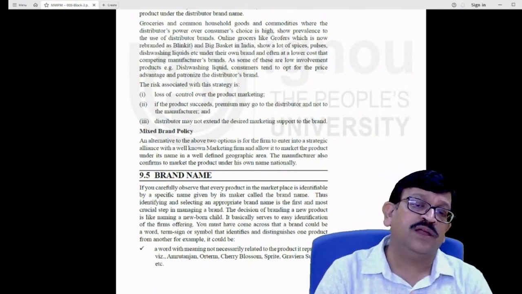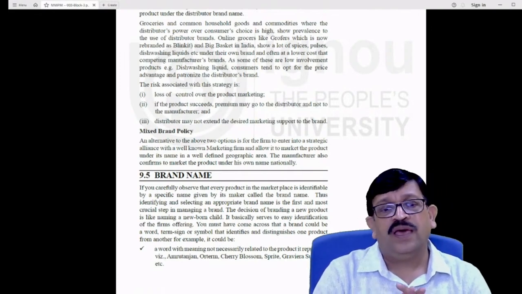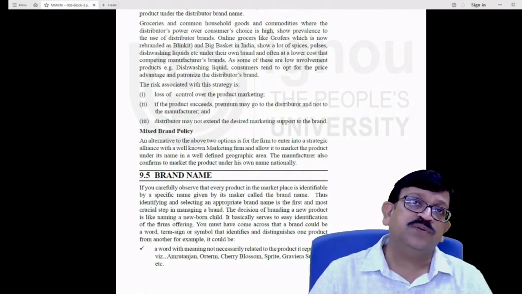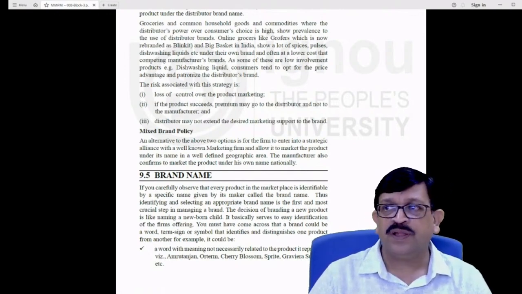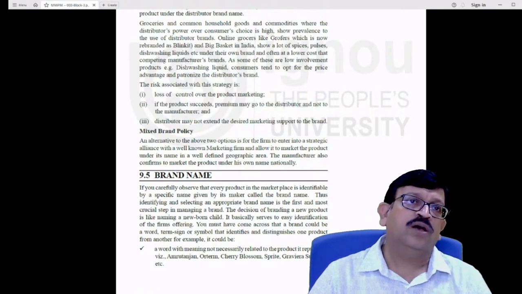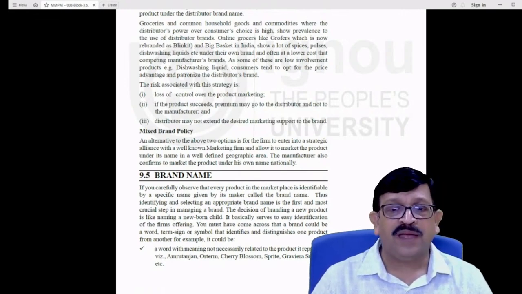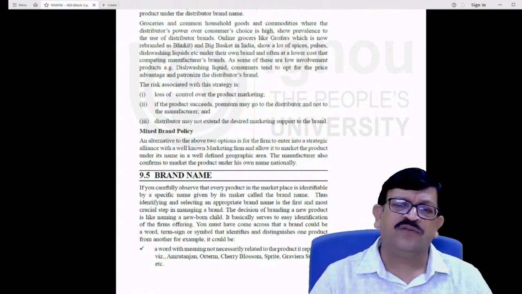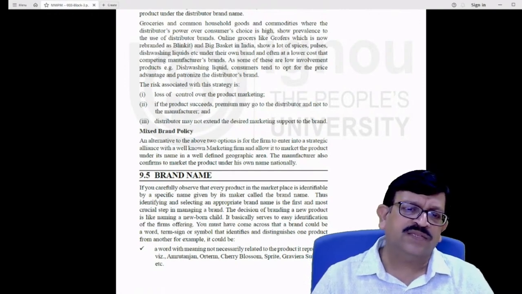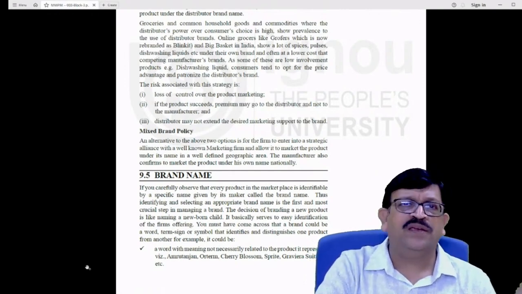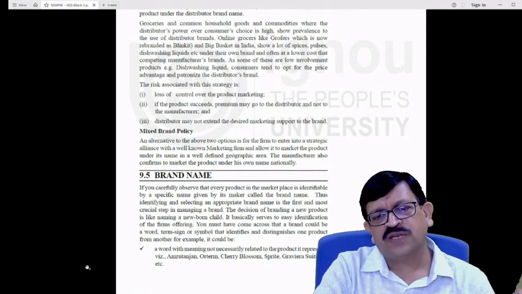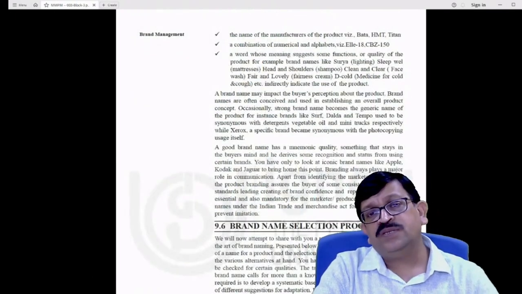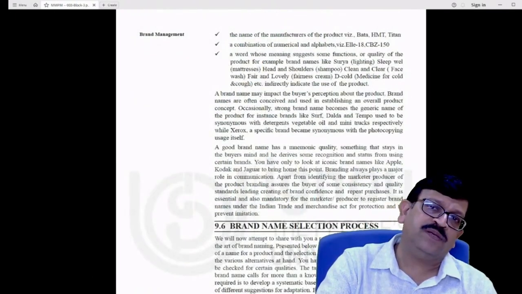It could mean that you are relating the product to what it represents, and or may not represent. For example, there are brands which talk in terms of functional ideas. For example, Move On. When you talk about Ray-Ban, they are functional. So the utilities are there. Sometimes they may not even talk about what kind of functionalities they represent. Classic examples are Sprite or Pepsi. Pepsi, of course, has got a company's name built into it. I'm coming to that. But there may not be any specific reasons why a particular brand name has been used.